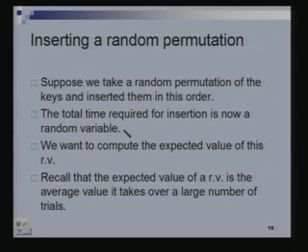We saw an example where the time required for insertion could be as bad as n squared. That is what I showed you on the previous slide. In the best case it could be quite small, and we will see what the best case is. So it really is a random variable; it depends upon the permutation in which we are inserting the elements. In fact, we had discussed the best case in the previous class. We said the first element inserted should be n by 2, and then n by 4, and then 3n by 4 and so on, although we have not computed the total time for insertion there. So the total time for inserting these n elements is really a random variable.